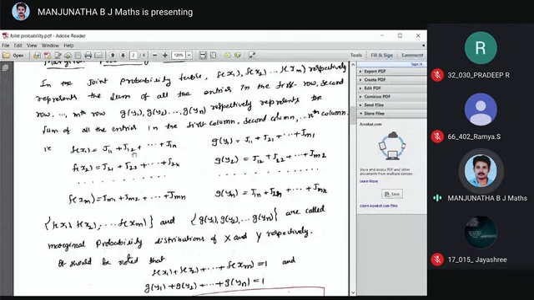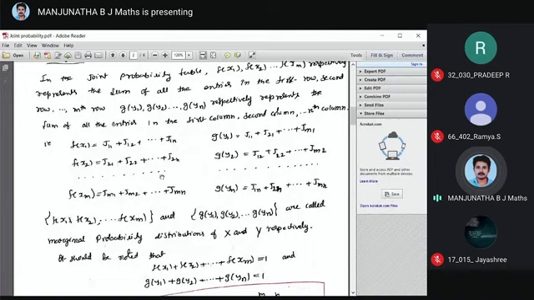j11 plus j12 plus etc. j1n. F of x2 is j21 plus j22 plus etc. j2n, etc. F of xm is jm1. So the row entries are f of x1, f of x2, f of x3. Come to the first row, j11, j12 up to j1n. That is f of x1. Next, j21, j22, etc. That is f of x2.